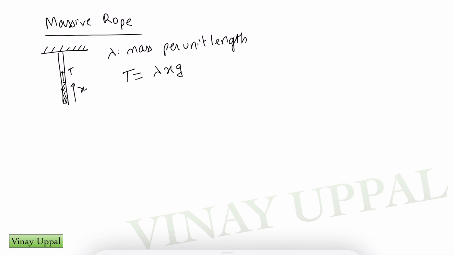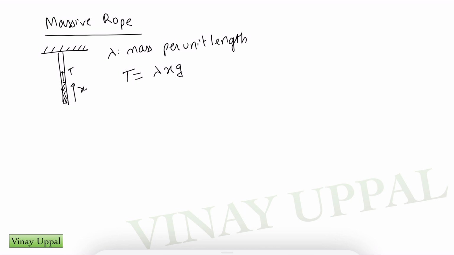Suppose I have a rope hanging from a ceiling. A very common problem is to find the tension at a distance x from the bottom. Tension will simply have to balance the weight of the shaded portion. So if lambda is the mass per unit length, then tension will simply be equal to lambda x g. That will be tension as a function of x